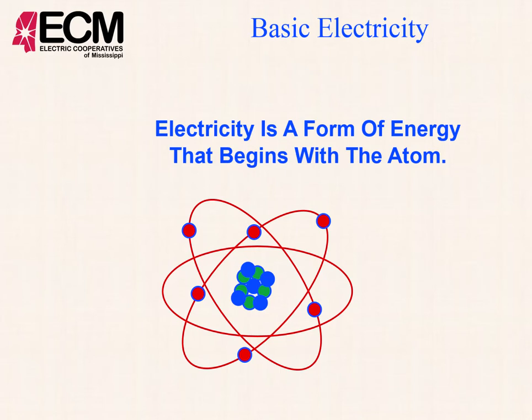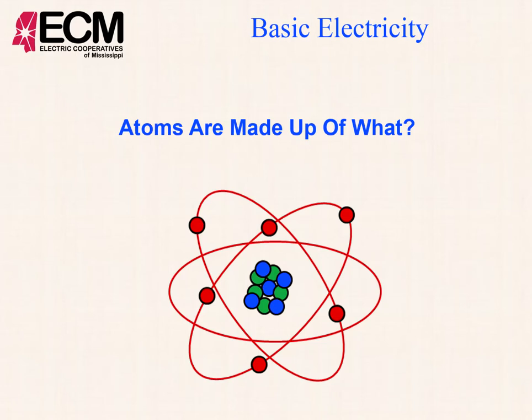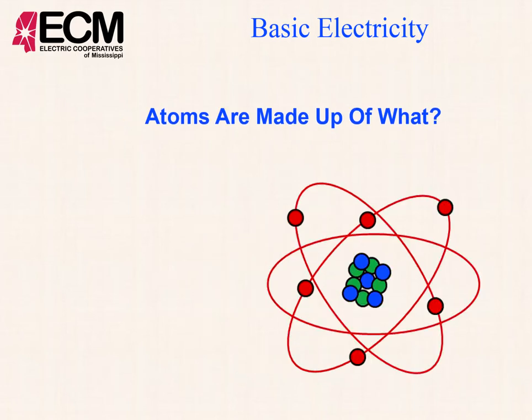Electricity is a form of energy that begins with an atom. Basically everything does. Everything's made up of atoms, and we're going to break that down just a little farther to the components of the atom. So let's look at those things. So what are atoms made up of? Well, we have